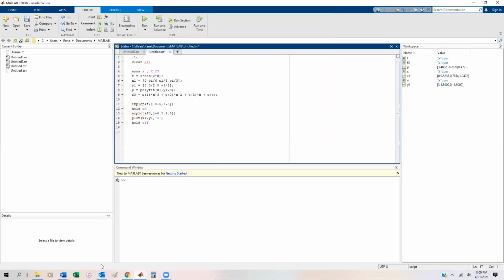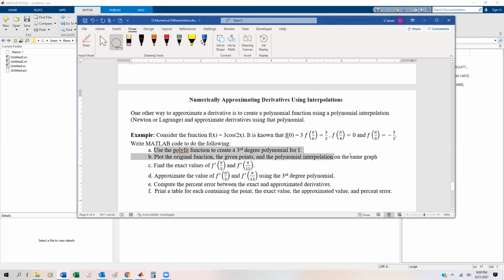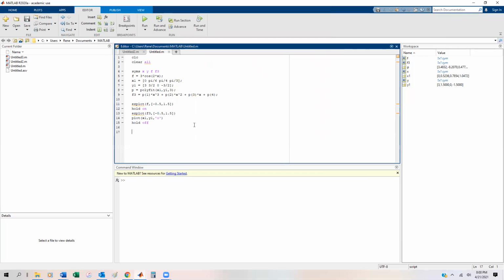So we've gone through, and what have we done so far? We have done the polyfit, and we've plotted the original functions. Let's get the exact values. I'm going to say actual pi5 is going to be equal to, we're going to need the derivative. So let's find the derivative, which is equal to diff of f with respect to x. And actual pi5 is going to be equal to, when we substitute into our derivative